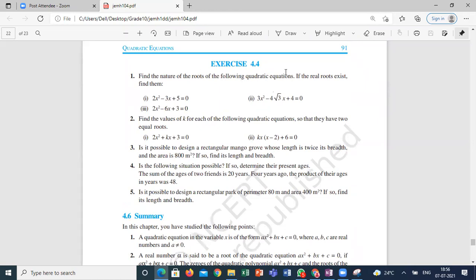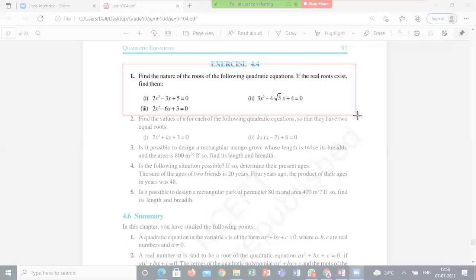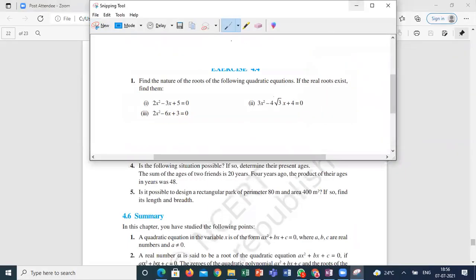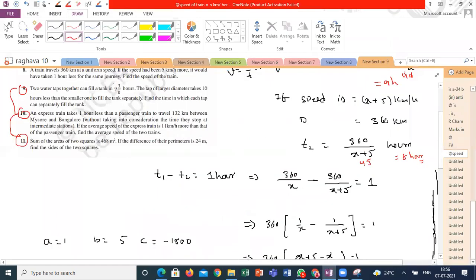Find the nature of the roots of the following, if the roots are existing or not. He's asking the nature. He's asking the nature means first you have to check whether roots are existing or not. If the roots are existing, you have to take the